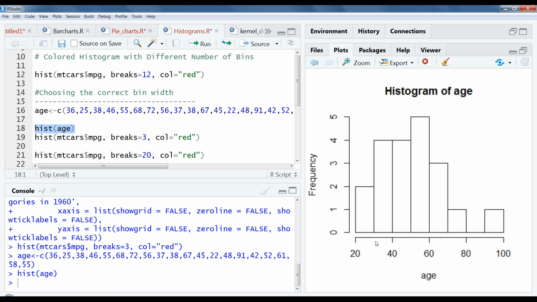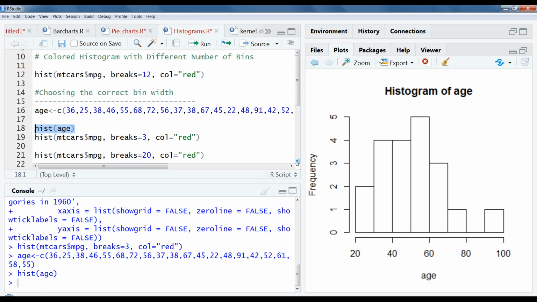and how many people are from 30 to 40, that frequency, that quantification: 4 are there. 40 to 50, again 4 are there. 50 to 60, 5 are there. 60 to 70, 3 are there. 70 to 80, one person is there. 80 to 90, nobody is there. And 90 to 100, one person is there. So this is a quantification of frequency, age-wise. How many people are around 20 to 30 is what it's going to give me as part of that histogram. So this is the basic understanding of a histogram.